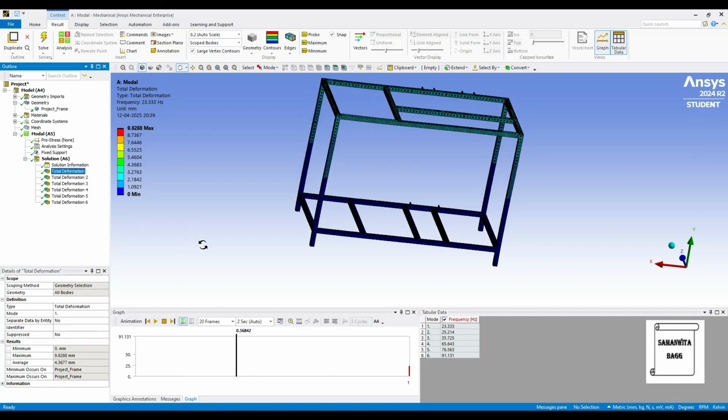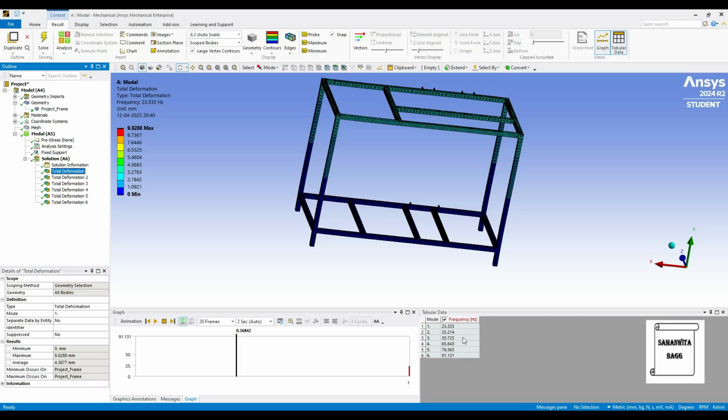So you should be very careful that these natural frequencies of this frame should not be tapped by an external agent which is placed on this project frame. If you keep a motor, say, which is generating a particular motion, then you have to make sure that the frequency generated by that motor should not be of these values.